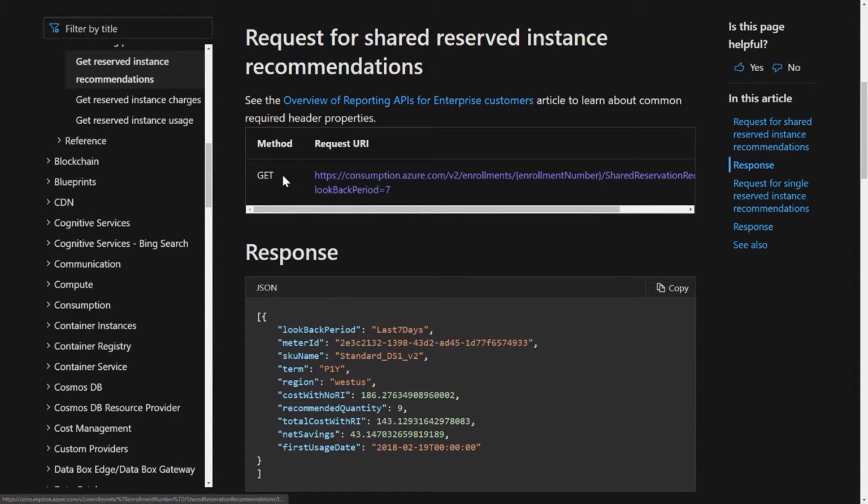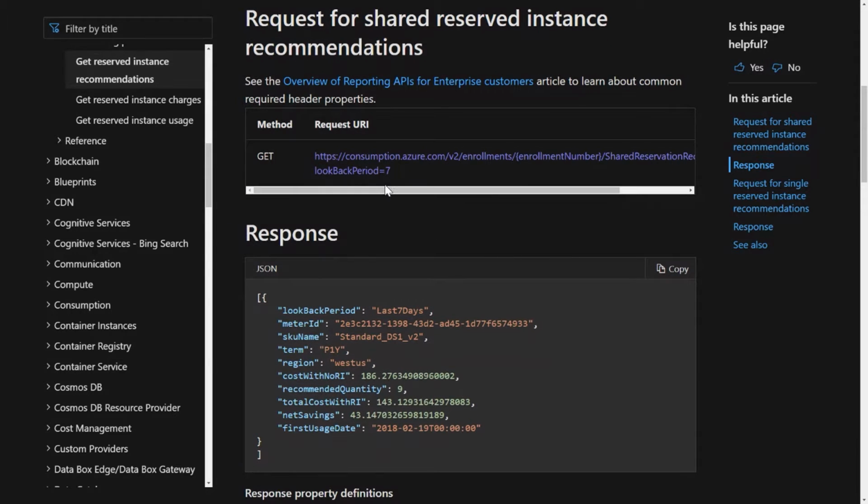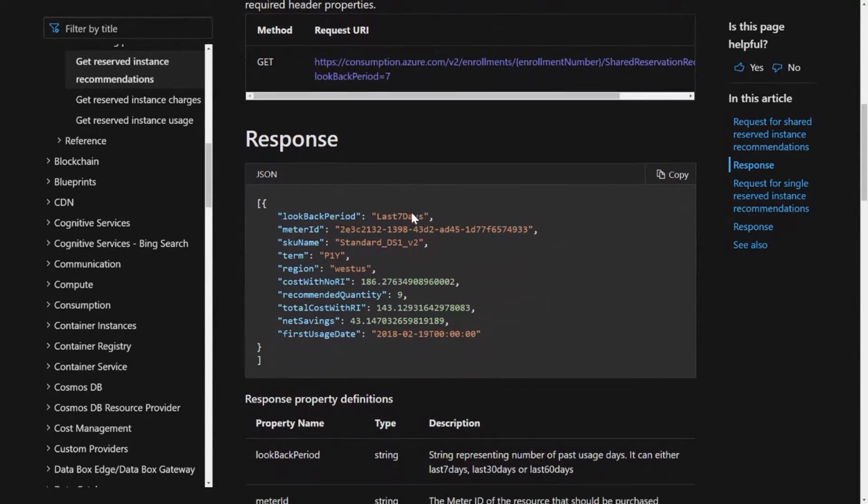So here is your GET request that you will send to the billing API. In other words, you basically copy that, and from your console, you can run this, and it will generate the similar results that I shared with you in our Power BI app reports. So once you run this command, once you make this API call, here's what it's going to produce. The response is going to be in a JSON format. And if you drill down into it,